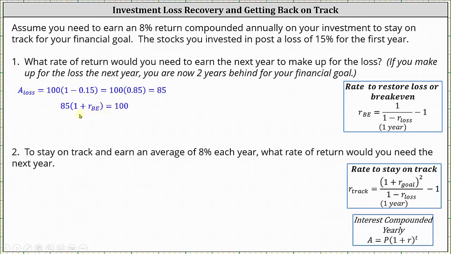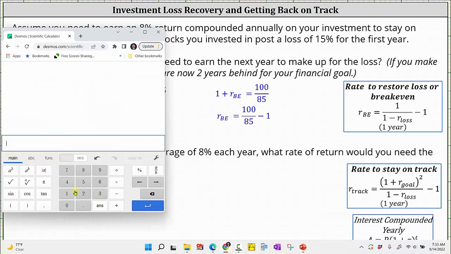The first step is to divide both sides by 85. Simplifying on the left, 85 divided by 85 simplifies to 1, leaving us with 1 plus R sub BE equals 100 divided by 85. Solving for R sub BE, we subtract 1 on both sides, and now we go to the calculator to determine the rate to restore the loss or break even. We enter 100 divided by 85, right arrow, minus 1, enter. Rounded to 4 decimal places, we have